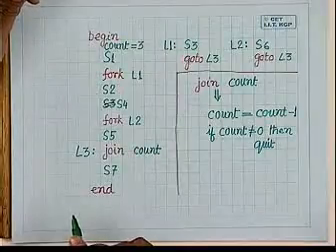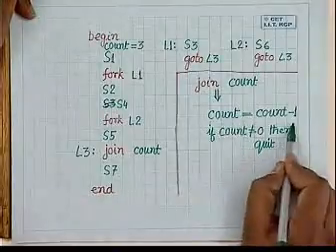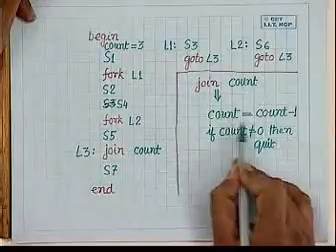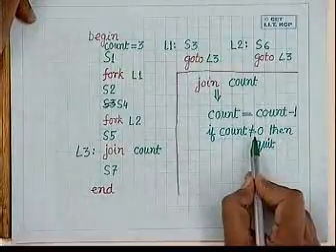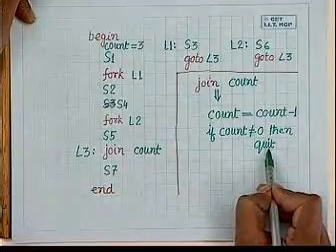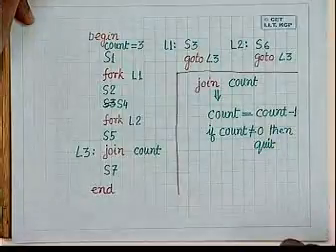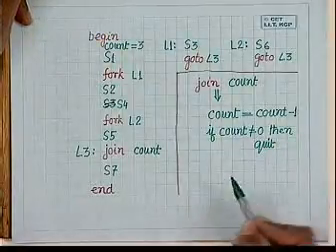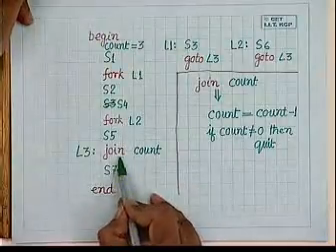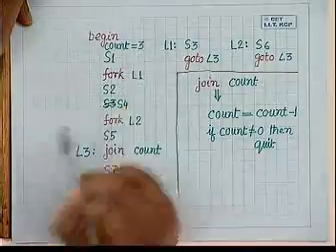So if I expand this join count statement, it works like this. First, count is decremented by 1. After decrementing, you check the value of count. If count is not equal to 0, then the process is terminated. If the count is equal to 0, then the process continues. Since 3 processes will be executing this join count statement, and we have initialized the value of count to 3,